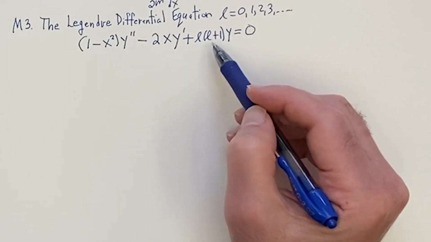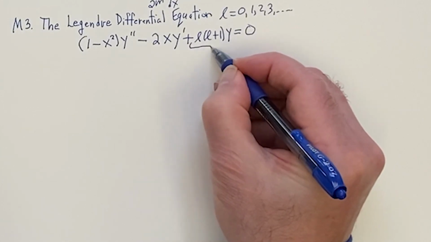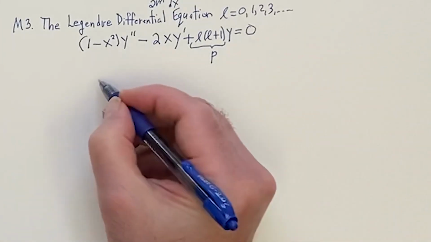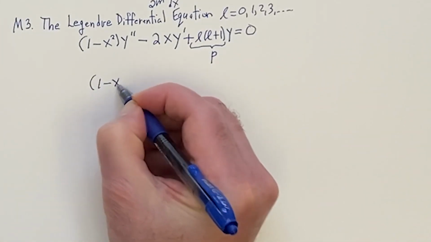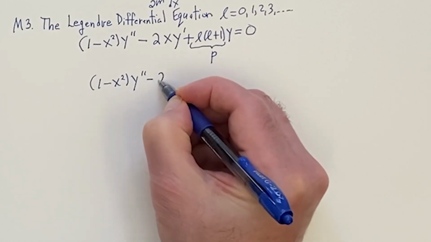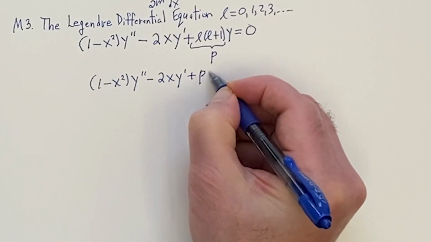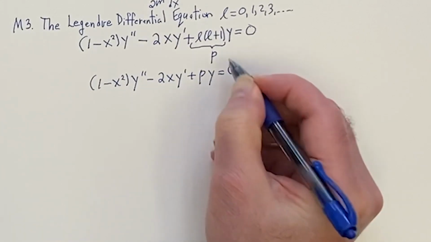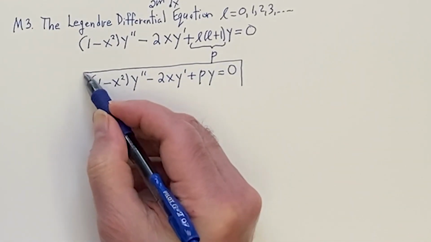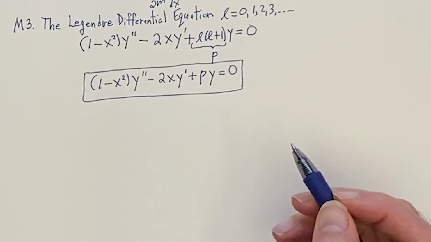And the L times L plus 1 will come about, which for the purposes of the math here, we can just call P. So if we do that, we get the equation in this nice form: 1 minus x squared, second derivative, minus 2x y prime plus p times y equals 0. That's a nice differential equation there. And we're going to solve this one with the method of